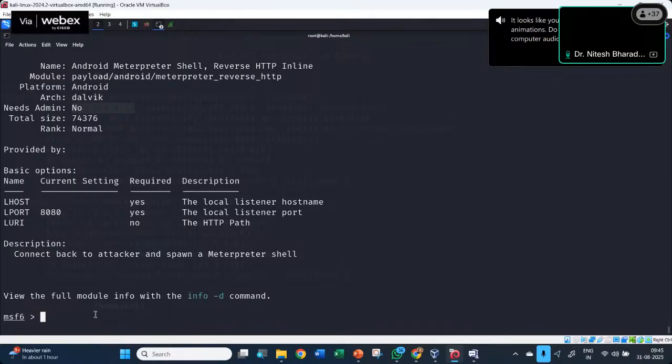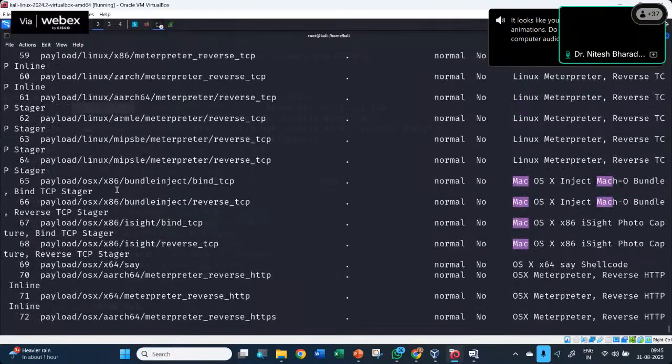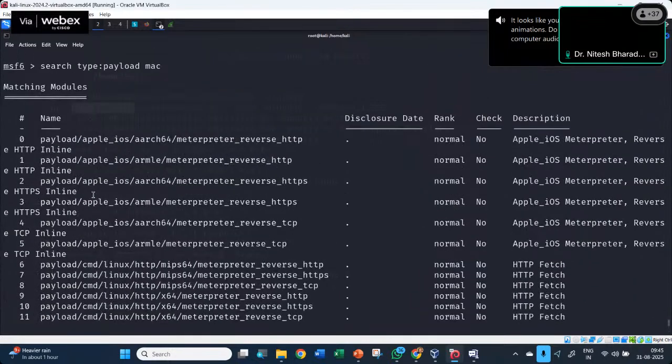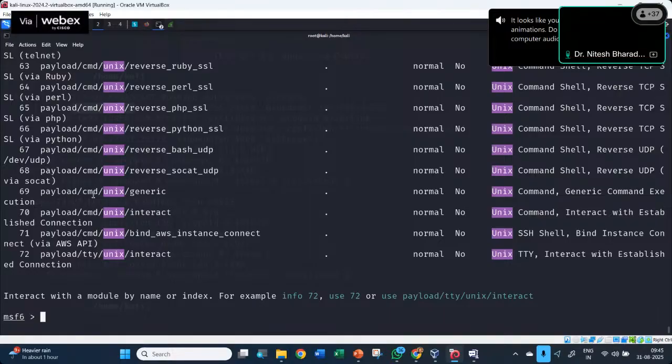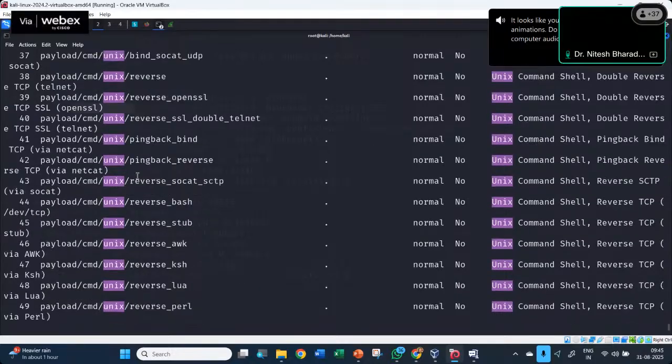So this is how you can search. You can search for the Mac. So these are for Mac OS and Unix. So you can see the details using info and you can configure it. Okay. Anyway,